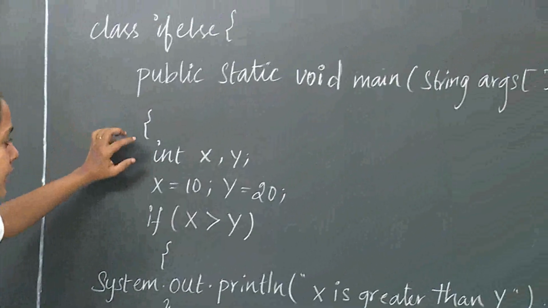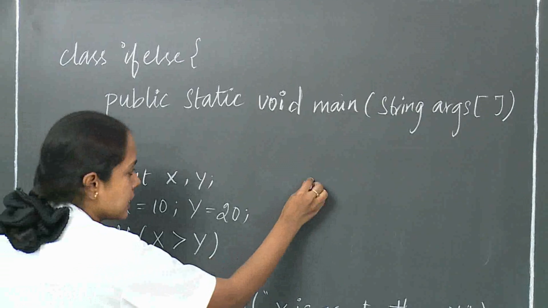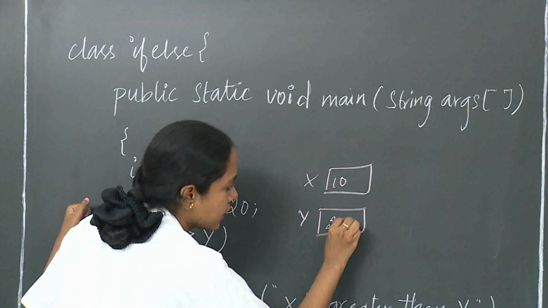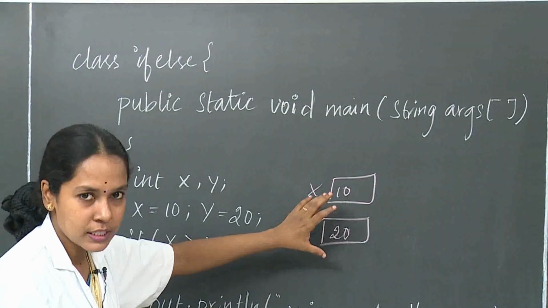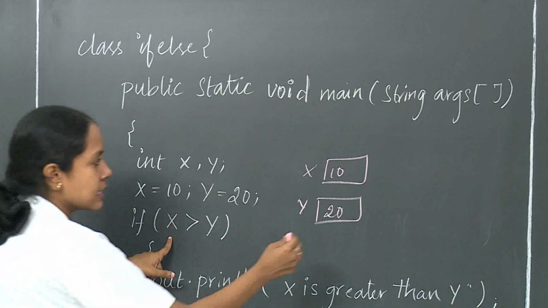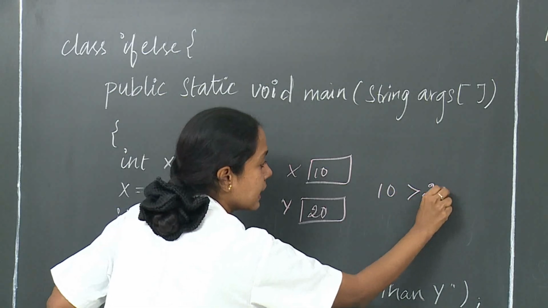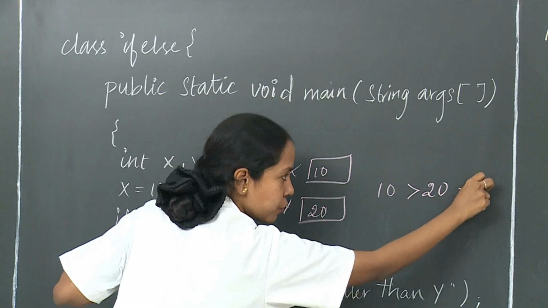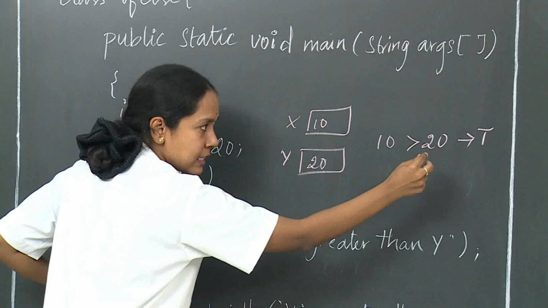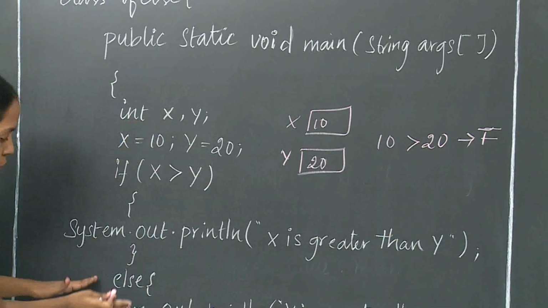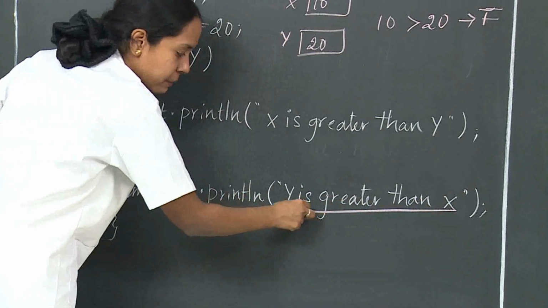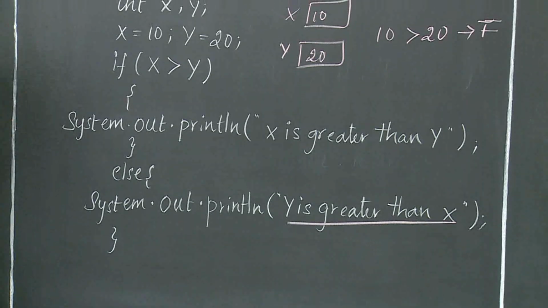Here is the example; I am taking the same example. x is 10 and y is 20. Here also I am comparing these two, to see which one is greater and which one is smaller. If x is greater than y, so is 10 greater than 20? If this condition gives a true value, it will execute x is greater than y. No, this is a false statement, right? So for that purpose we move to the else statement. So else says y is greater than x. So this statement will be executed. This is the example for if-else.